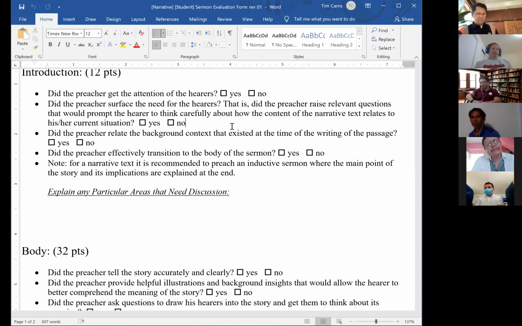And so how I would do Jonah is, come up with something to get the attention of the hearers, surface the need, and then I might read the first verse or two from that chapter and then stop there and go back to the setting. Talk about the Ninevites a little bit, who they were, because that's going to be significant for the story and why Jonah didn't want to